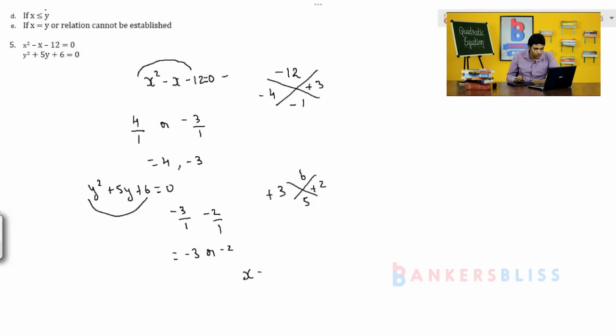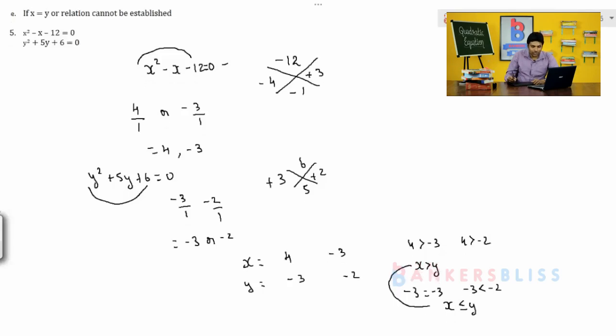So, x value if you write, you are going to get 4 and minus 3, y value if you write minus 3 and minus 2. See here in x, 4 is greater than minus 3 and greater than minus 2. So, 4 greater than minus 3, 4 greater than minus 2, which is x greater than y. Next, minus 3 is equal to minus 3, minus 3 less than minus 2. So, we can establish a relationship, that is x is lesser than or equal to y, but if you see here,